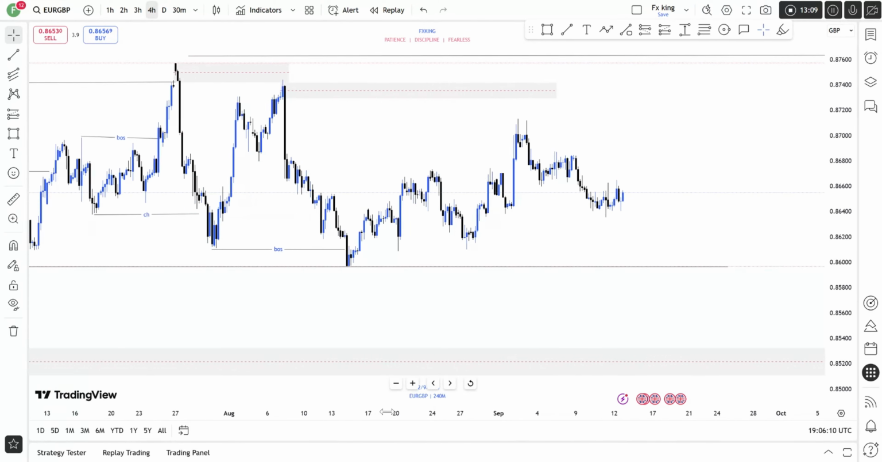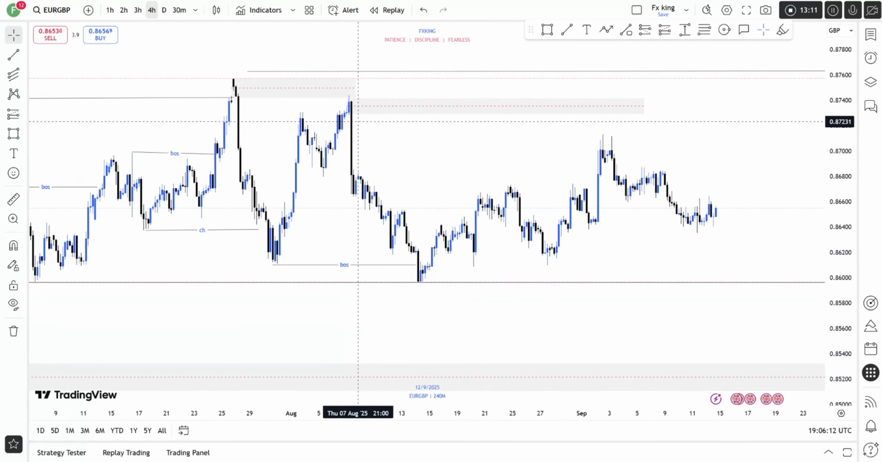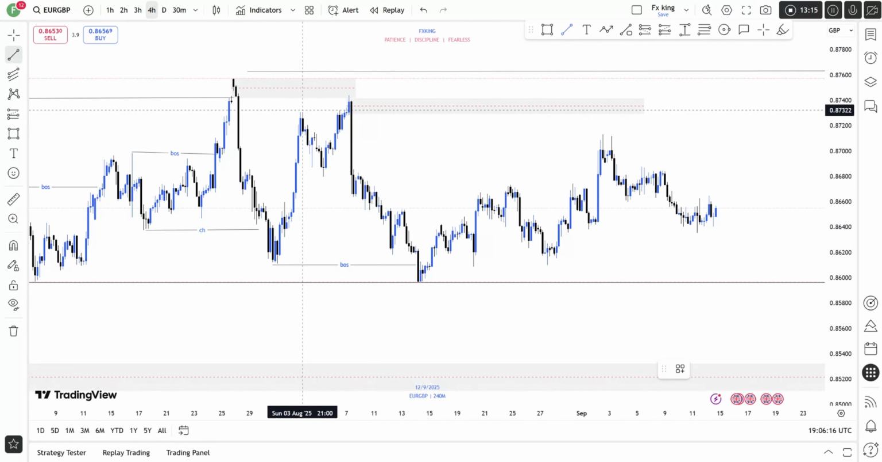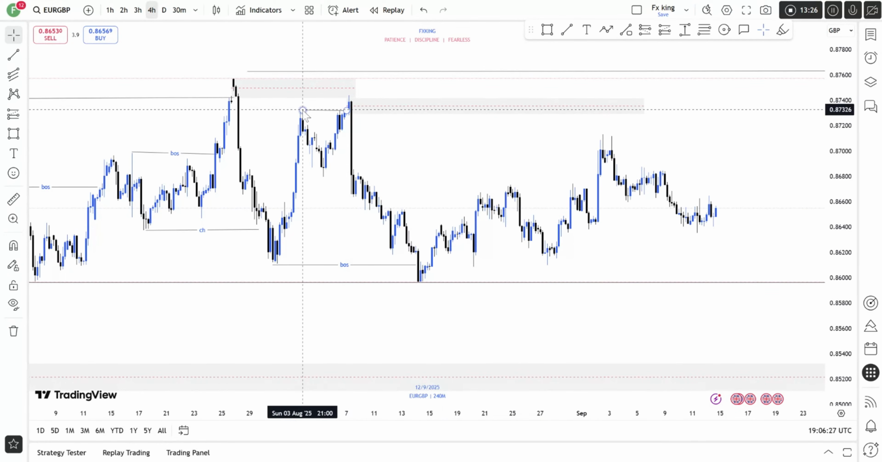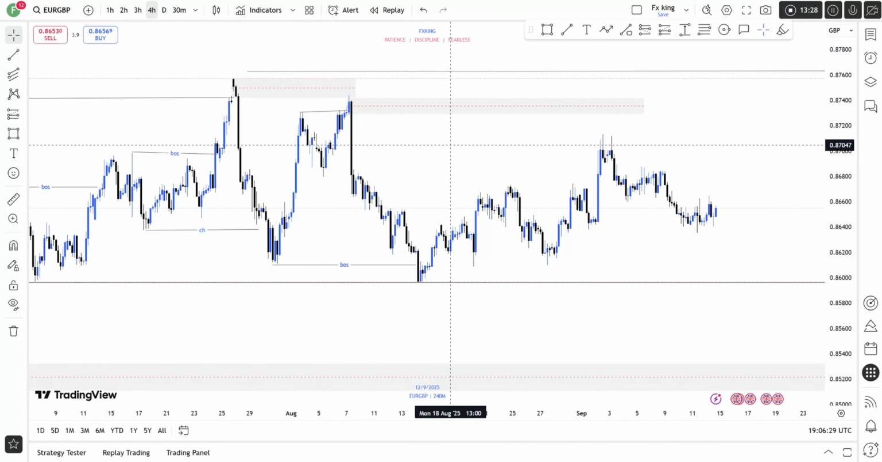Now, the reason why I selected this zone is you can see it has nice volume before it. The zone has also taken out liquidity above this high. So now I go ahead to select this zone. After I've selected this zone, the next thing I can look to do is